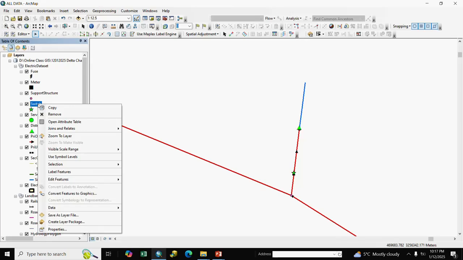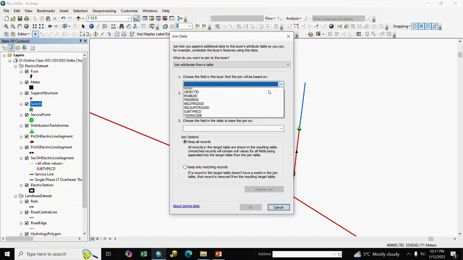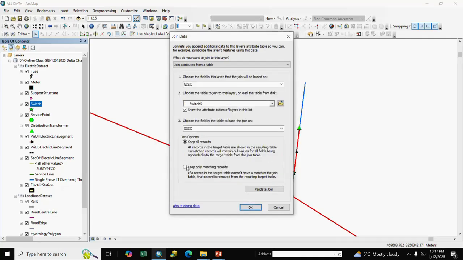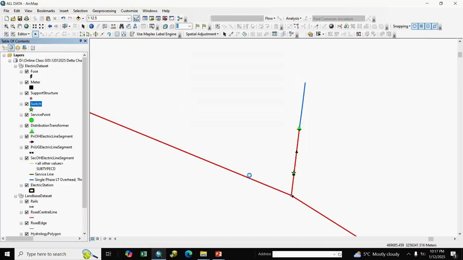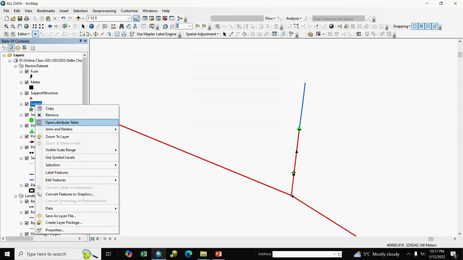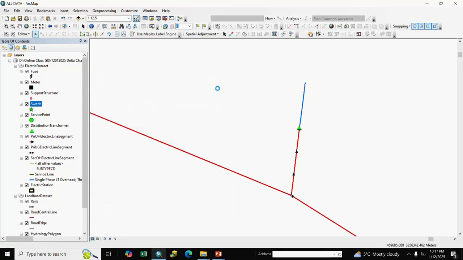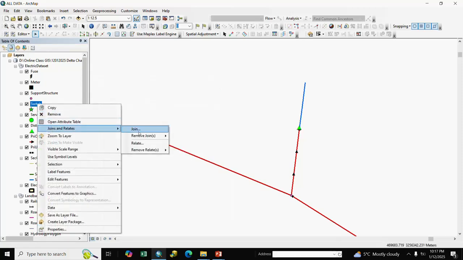We go to switch, join, GIS ID, switch, add, keep only matching records, OK. Open the attribute table, we select the switch and delete it, and we remove the Excel.